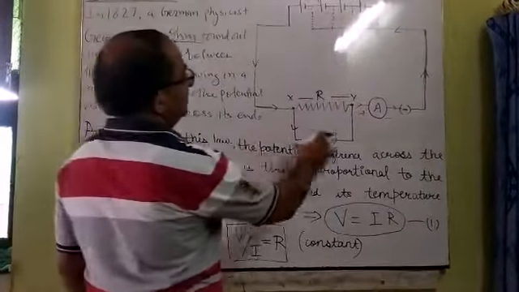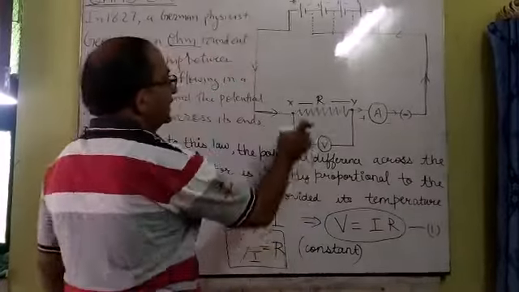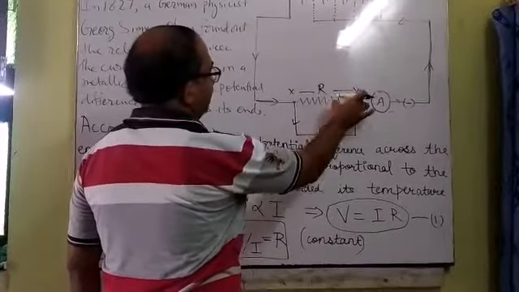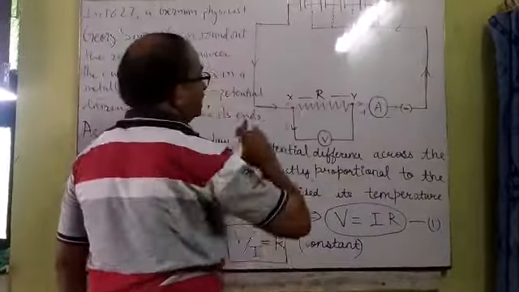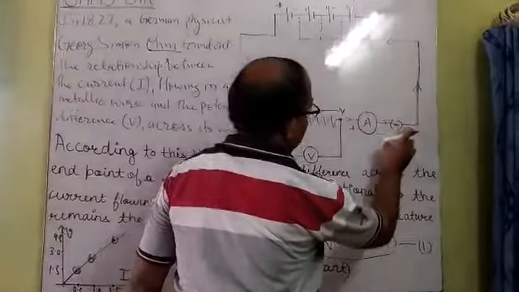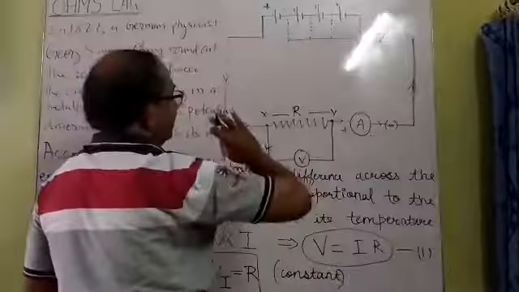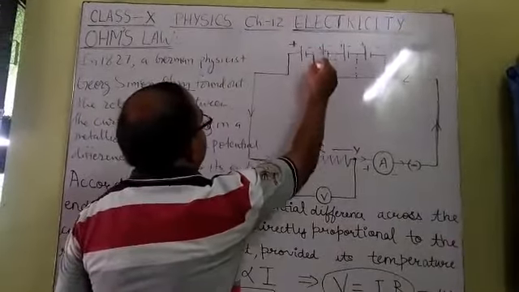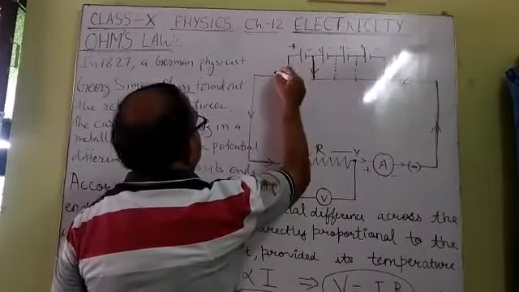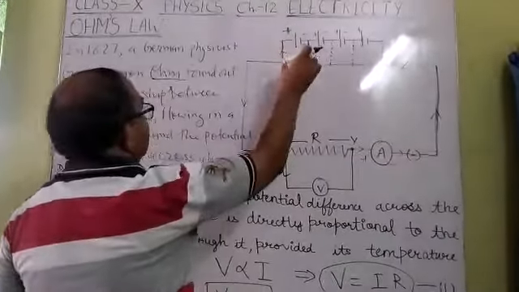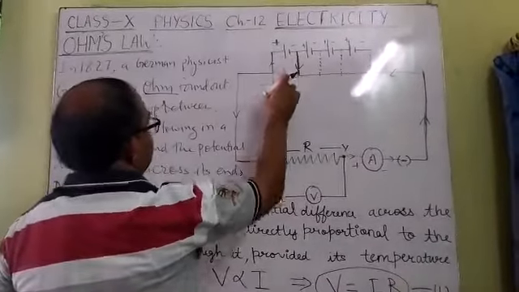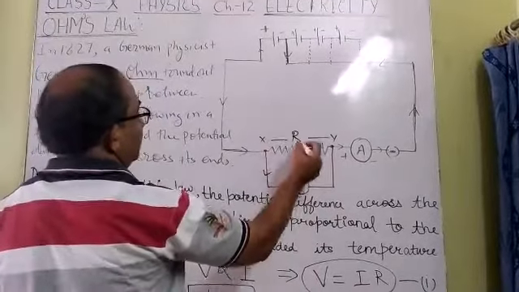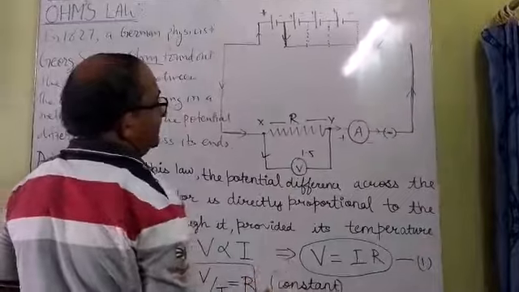In this activity, you have to make this type of circuit diagram, in which a resistance wire, or we can say conducting wire, whose endpoints are X and Y, is connected in a closed circuit, in which an ammeter is connected, a key is there, and a battery of 4 cells is connected. When we connect only the first cell, a single cell, if we darken this, the current flows from the single cell. The potential difference developed across the endpoints will be V, and its value we can consider to be 1.5, since a single cell is there.